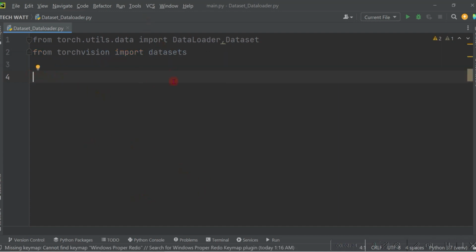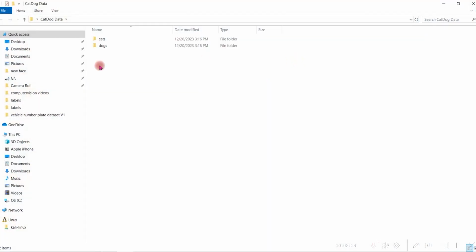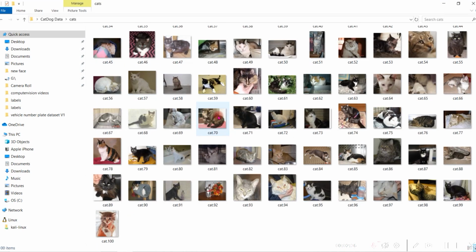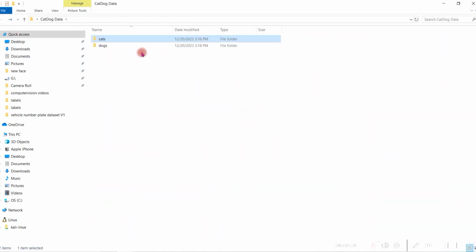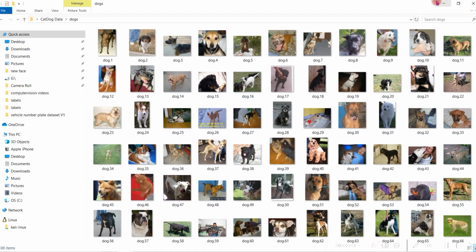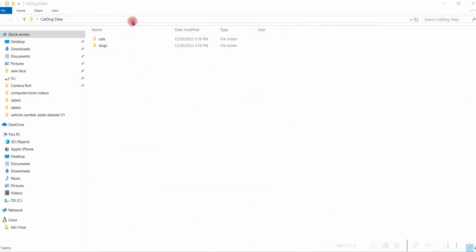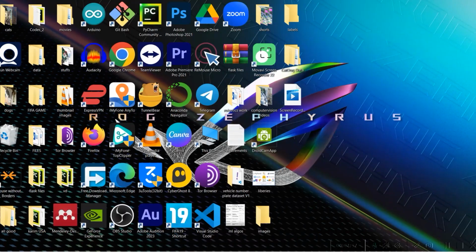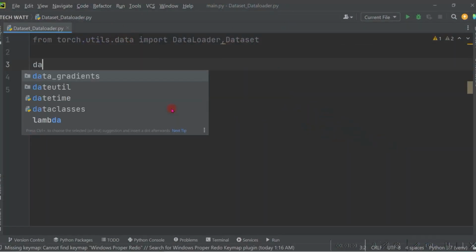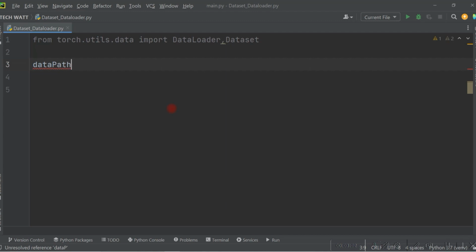In our case, we are going to be loading the data from one of the folders I have on my desktop, because I know most of you will be having your custom data. So a folder here contains data of cats, so I have a few images of cats and also a few images of dogs. So the first thing we have to do is to read in this data into our Python file. All I have to do is to copy this particular path. So I'll copy it, and then I'll say okay, our data path is equal to that particular path,